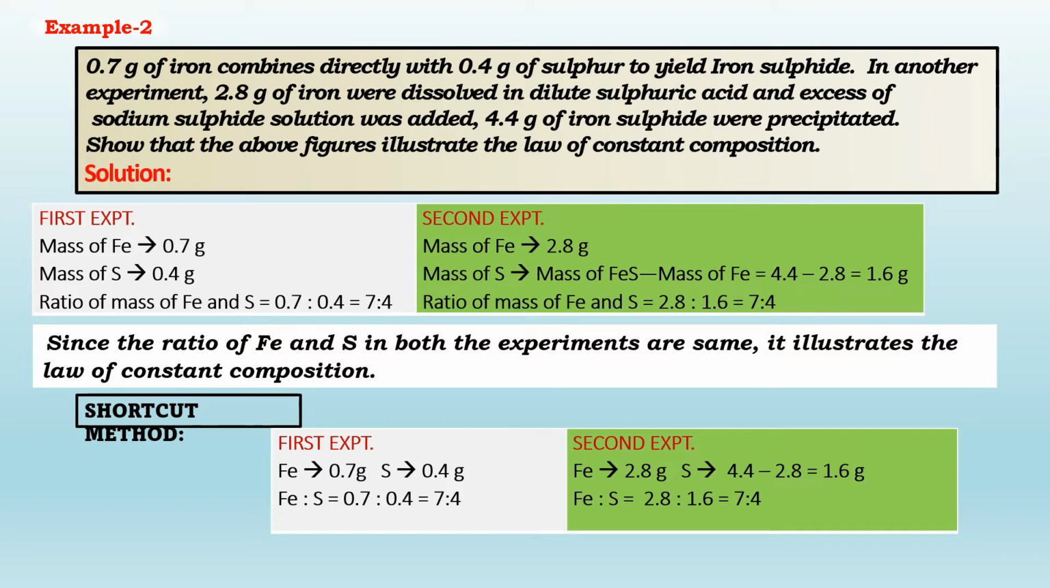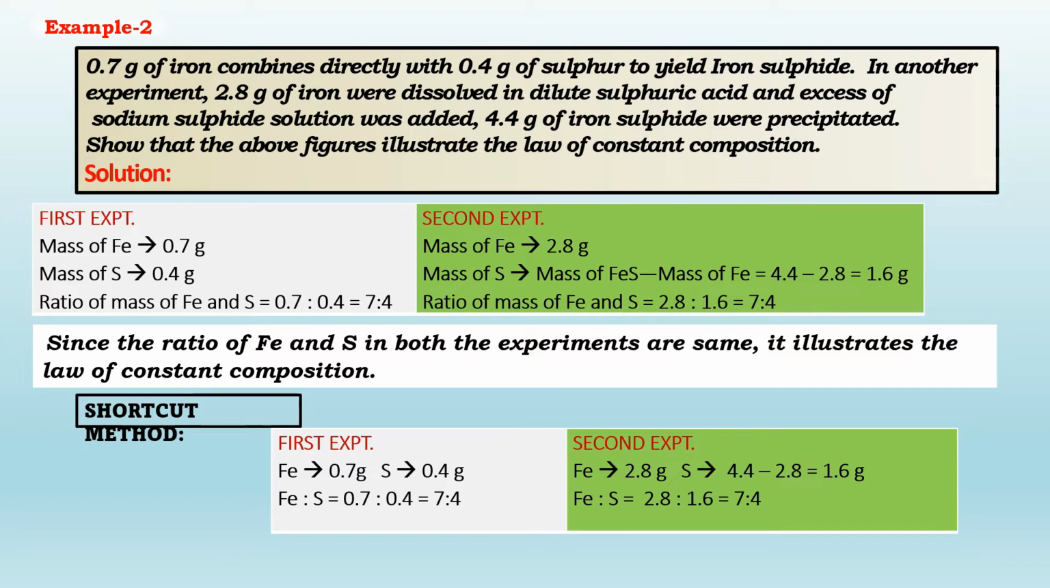4.4 gram of iron sulfide were precipitated. Show that the above figures illustrate the law of constant composition. Here, in the first experiment, mass of iron is equal to 0.7 gram. Mass of sulfur is equal to 0.4 gram. So, the ratio of mass of iron and sulfur is equal to 0.7 is to 0.4, that is equal to